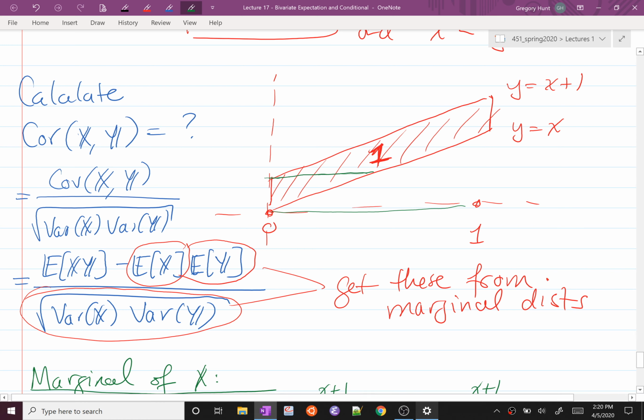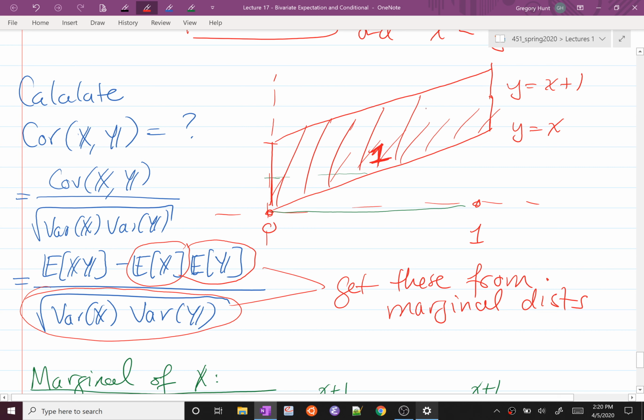Maybe I can redraw our picture here. I think it has to be more. So let's just draw this a little bit better. I think it has to be like this. Okay, that's a more accurate representation. All right. Okay, so if y is between 0 and 1,